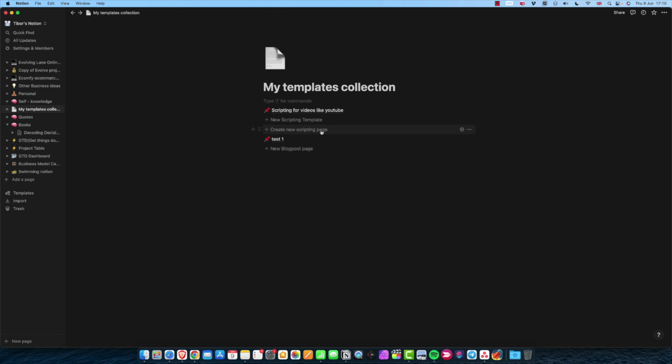So once you click here, it's gonna create another one, so you can create as many as you want. As you see, it's very simple and easy, and you don't have to open different applications or note taking apps and other files and start everything from the bottom. You can straight away work on it.